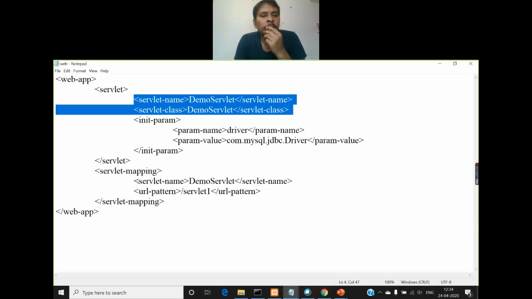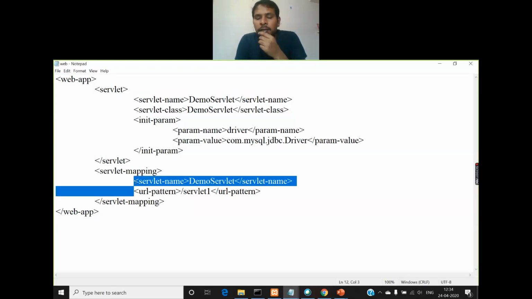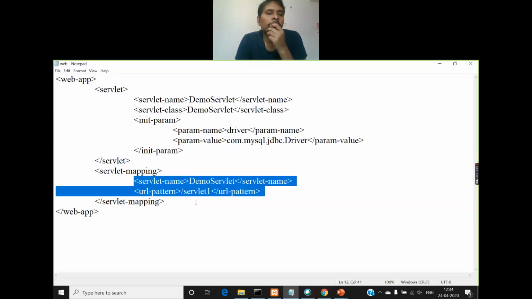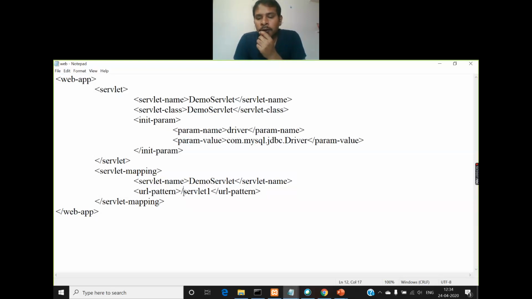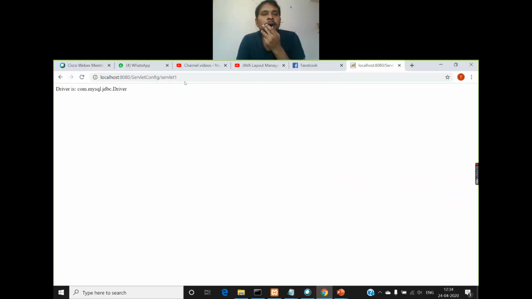And in servlet-mapping we created two child tags. One is servlet-name, the second one is url-pattern. Whatever URL pattern you're giving here, with a forward slash followed by the pattern name, you must give as the value of the action attribute in the HTML form. But because we don't use an HTML form here, to run this, what you need to do is, after the ServletConfig directory is open from the Tomcat home page,